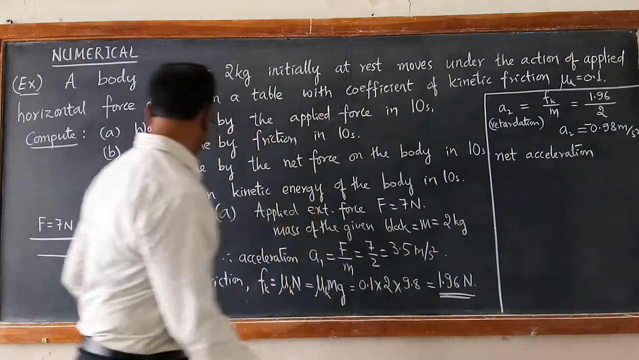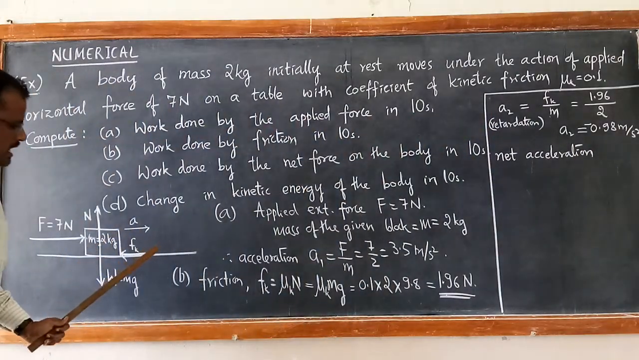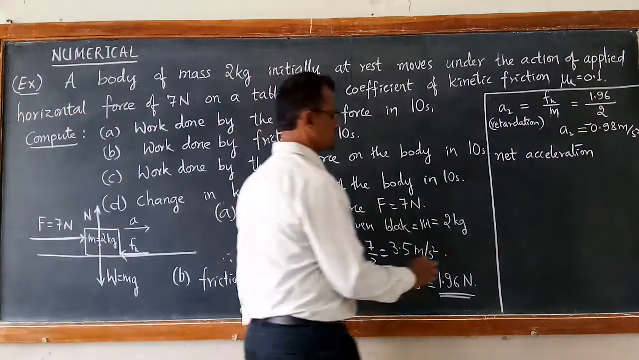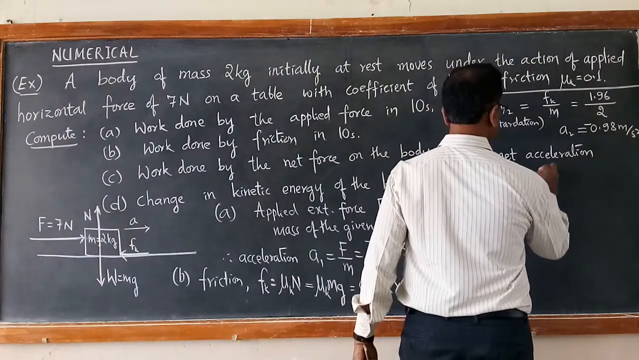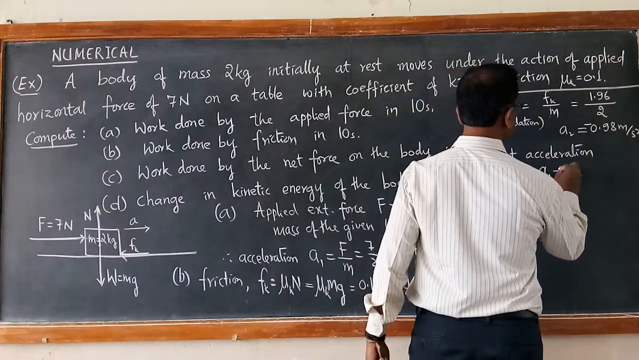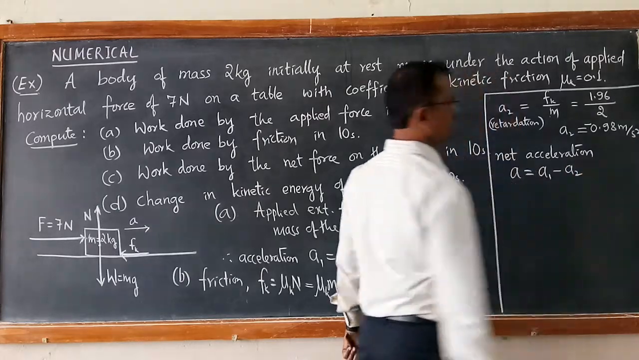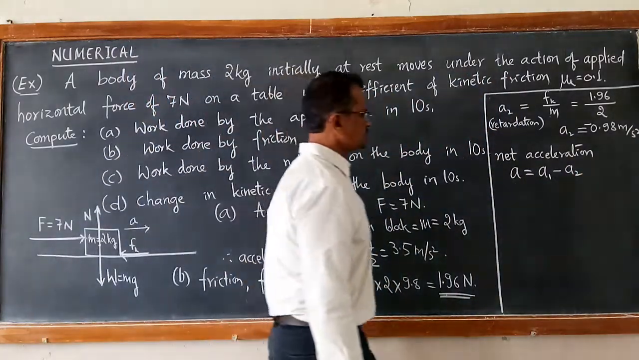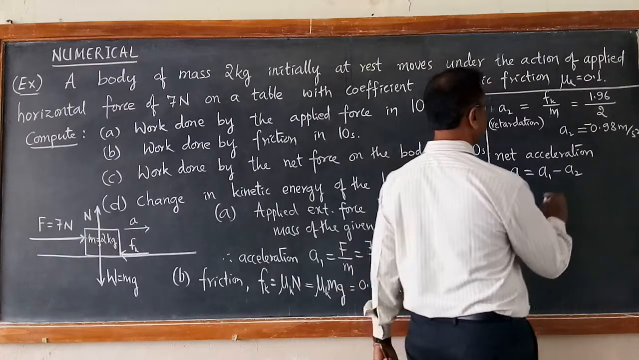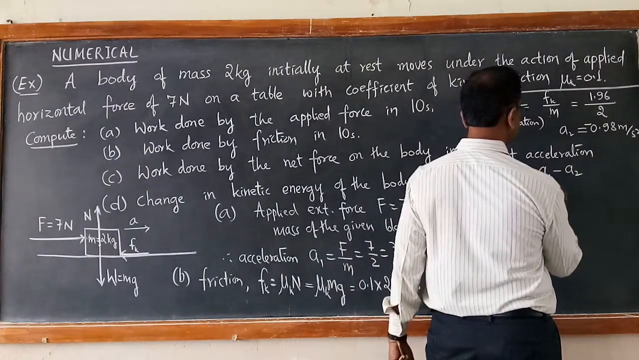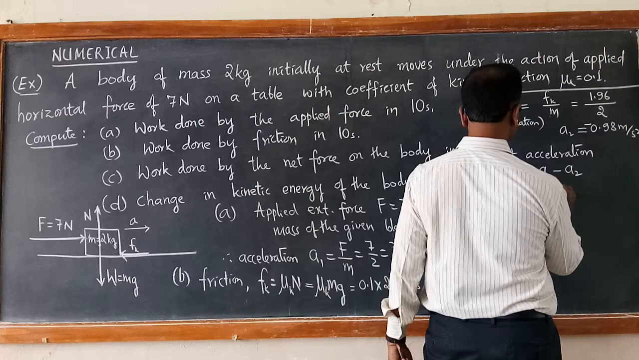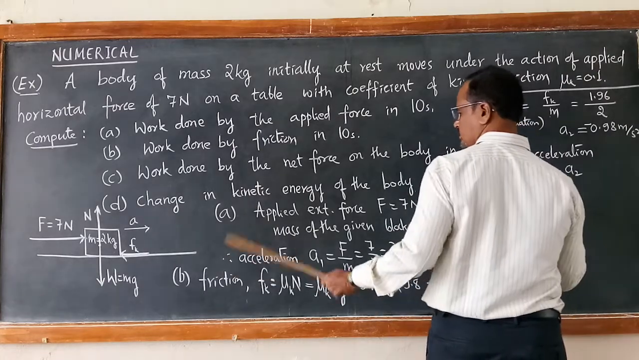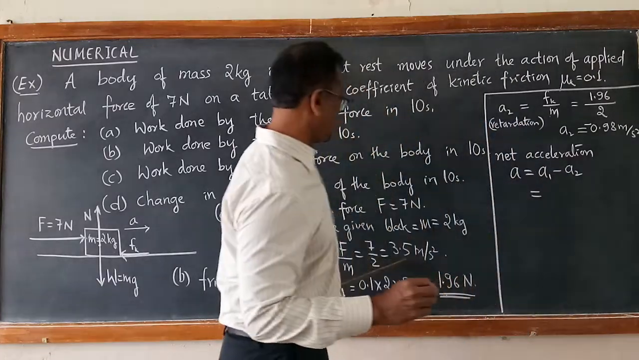Net acceleration due to applied force and frictional force. A is equal to A1 plus A2. That becomes A1 minus A2 because A2 is negative. So net acceleration A1 plus A2 becomes A1 minus A2. That is, A1 is how much? A1 just now calculated 3.5